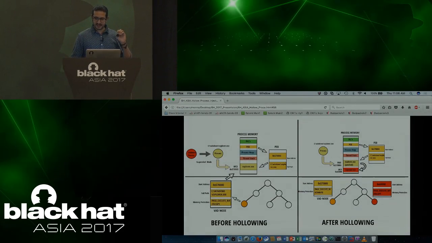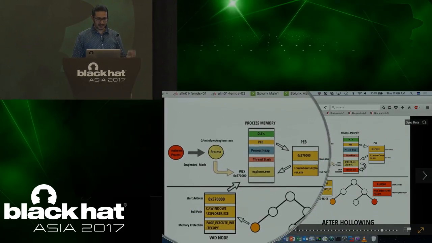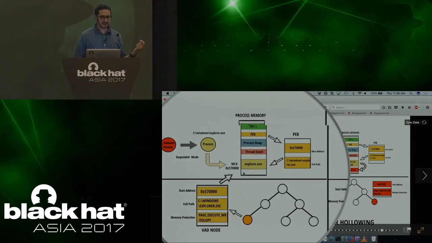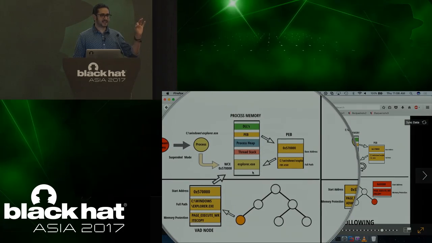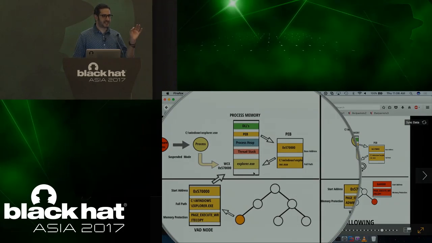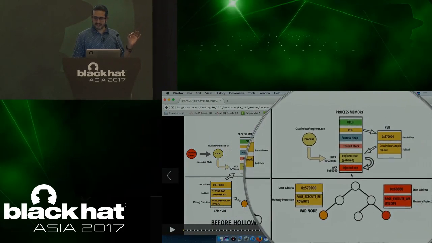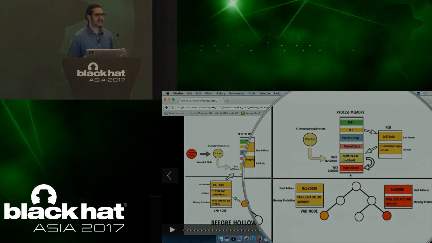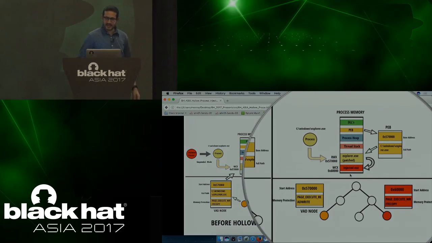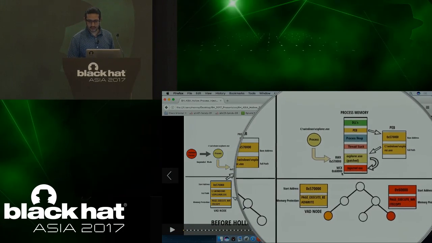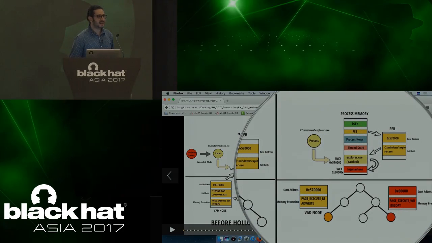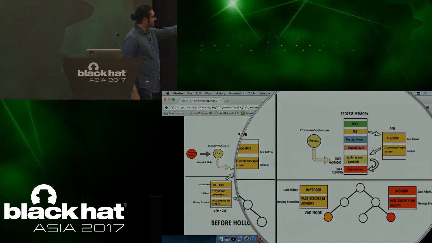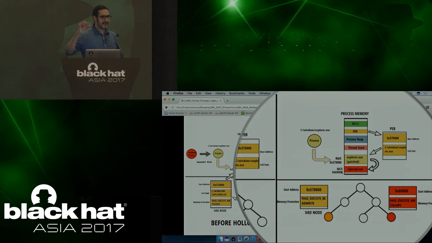So what it did, it started explorer.exe in the suspended mode. It used the same technique that I talked about, right? It used the NtMapViewOfSection technique. First, instead of injecting code, it injected the executable directly into this region, 6 followed by 4 zeros. I noticed the attackers made sure that the memory protection was set to execute write copy. Execute write copy, remember, okay? It injected an executable, but with write copy protection.